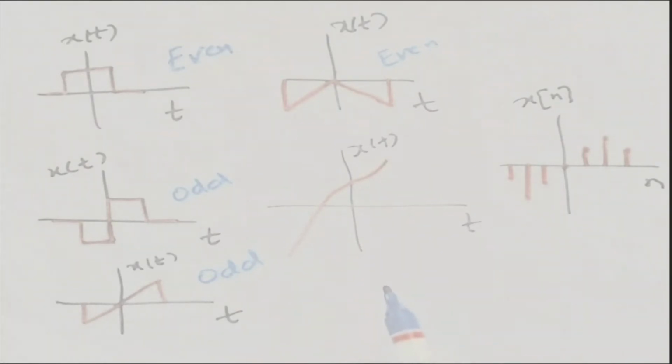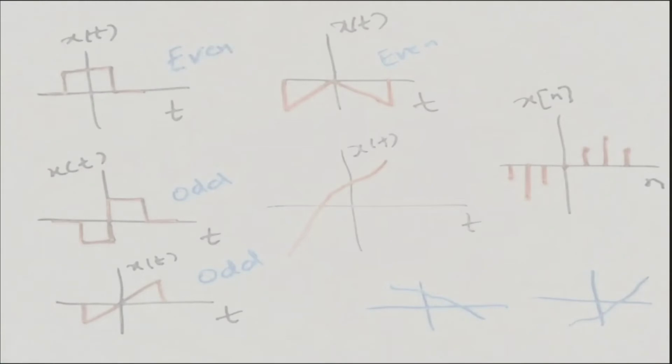Or if it is difficult to flip about the origin, you can flip this about the vertical axis as well as the horizontal axis. So if you flip this about the vertical axis, you're going to get a signal like this, and if you flip this about the horizontal axis, then you will be getting a signal something like this,